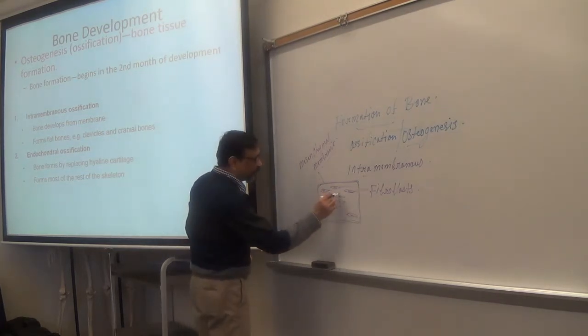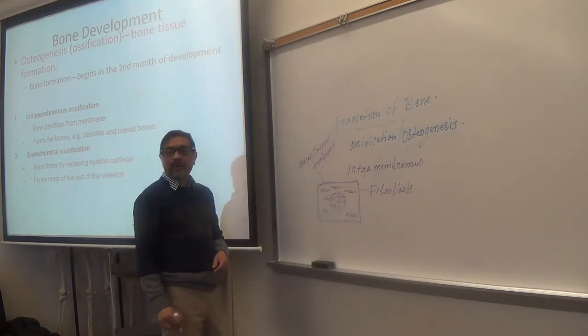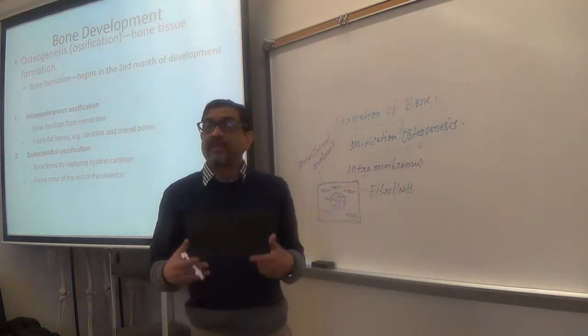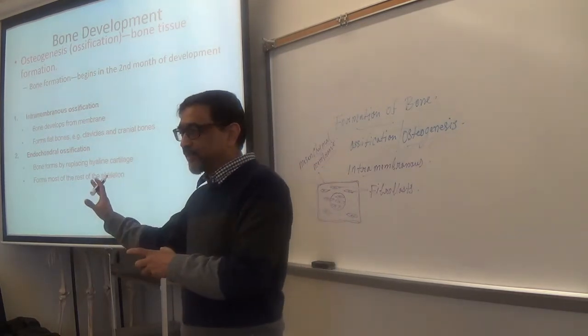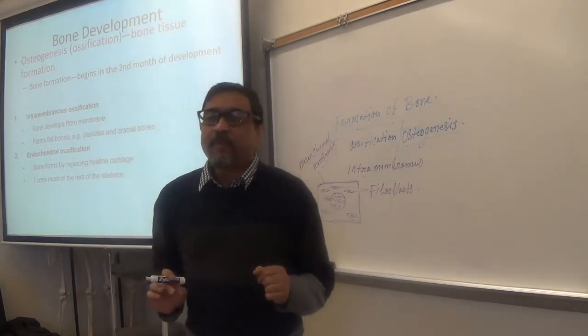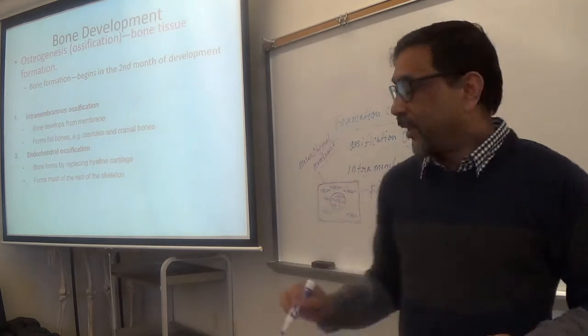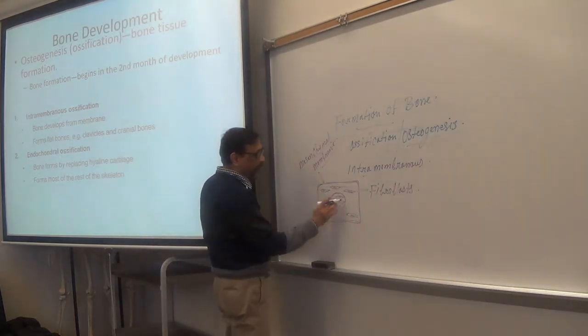First, a few cells located in the center of the membrane. These fibroblasts, since these are embryonic cells, can be converted to any other type of cells. So these fibroblasts in the center of the membrane will be converted to